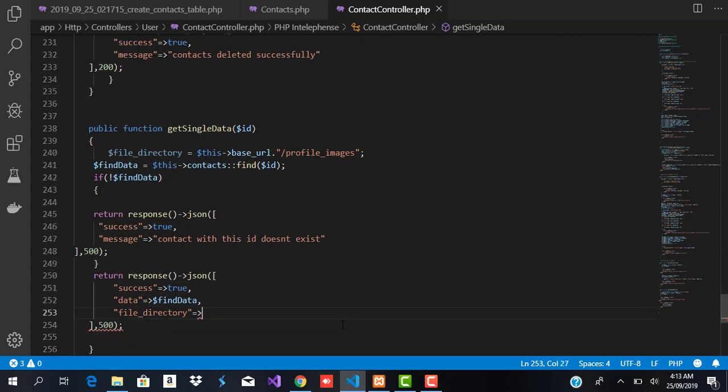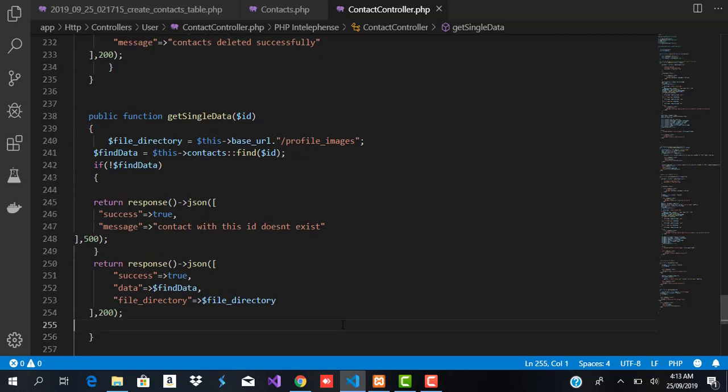So we're passing the file directory to here. File directory. And this is going to be a 500. Okay, so now we have succeeded in getting single data, and let's just write here endpoint for getting